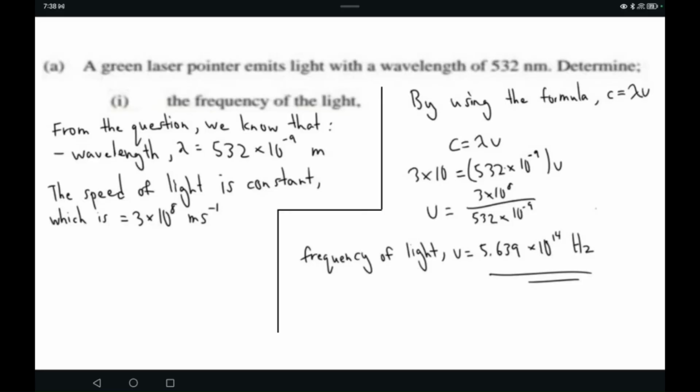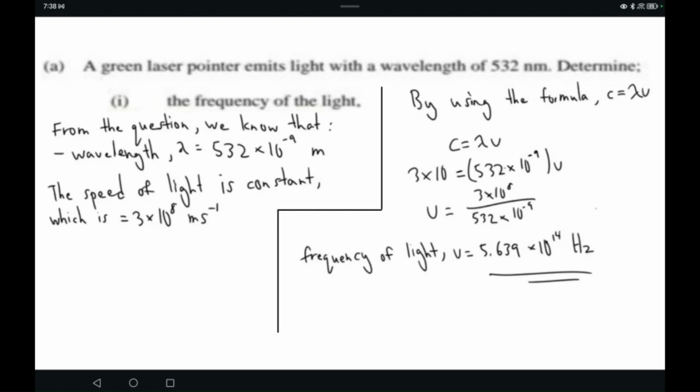So question 1. A green laser pointer emits light with a wavelength of 532 nanometer. Determine the frequency of the light. From this question, we know that the wavelength of the light is 532 nanometer, which is 532 times 10 power negative 9 meter. Then we need the speed of light. From our syllabus, we know that the speed of light is constant, which is 3 times 10 power 8